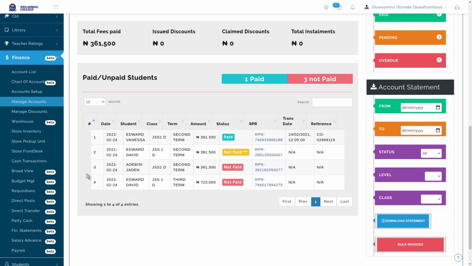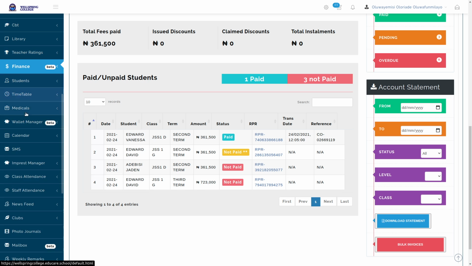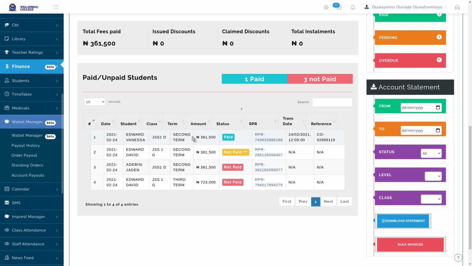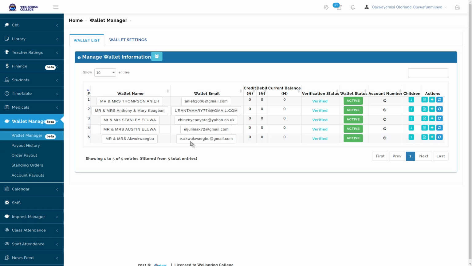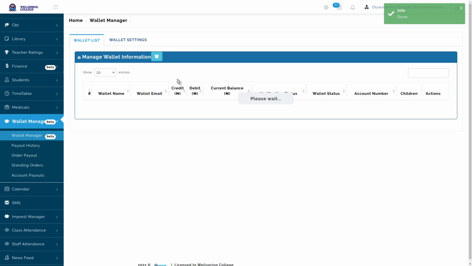Before we do that, let's look at the wallet. This is the wallet manager. This is where you see the list of all the parents. Are these the only parents you have? No, these are the only ones that currently have wallets. All you need to do to generate for the others is click on this blue button. When you click on this blue button, the system will create an instance of credit holder for the rest of the parents. And here you have it,